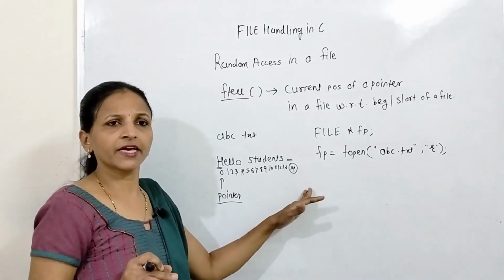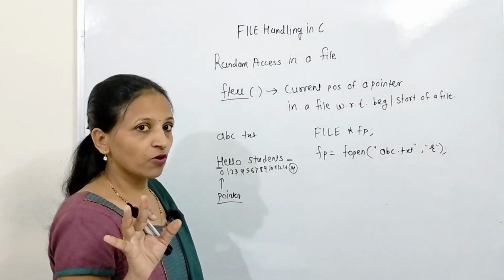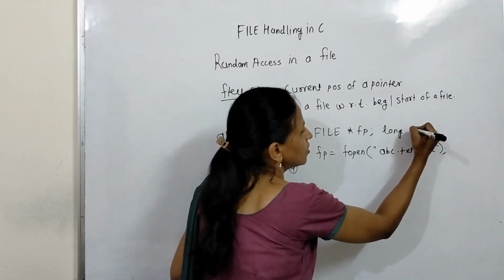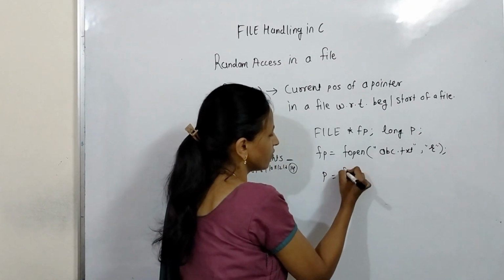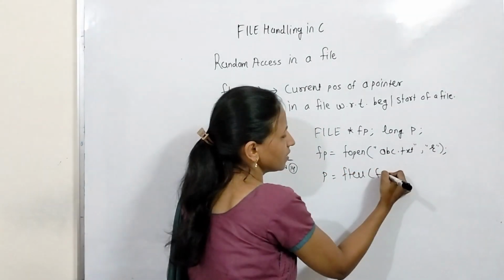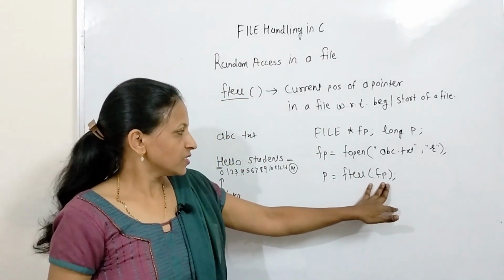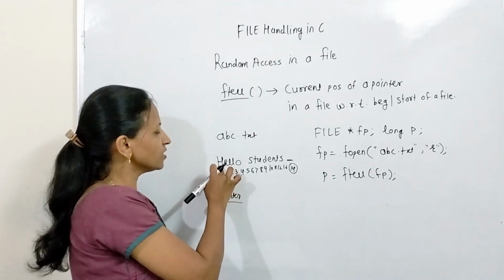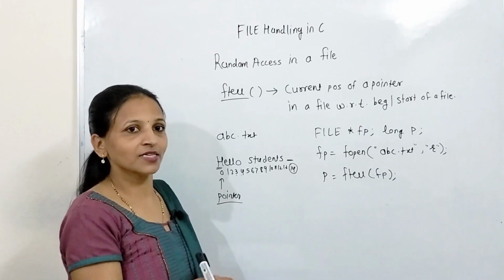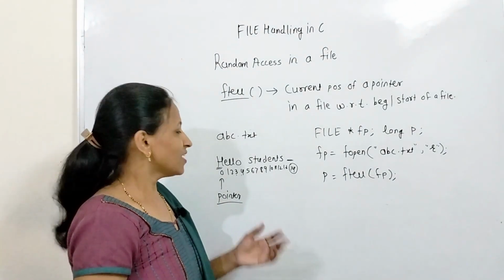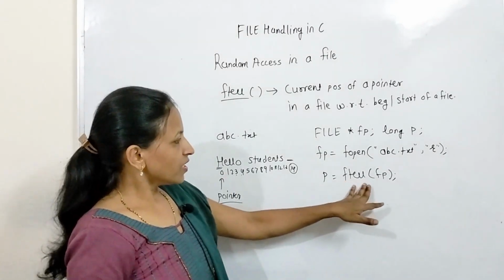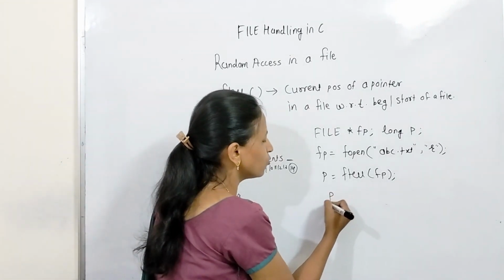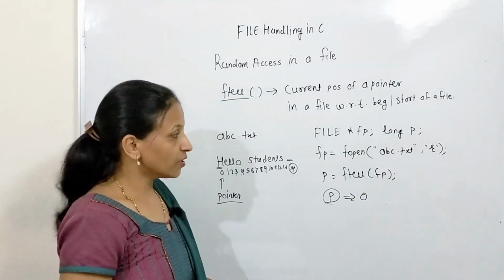You can read character by character or string by string. Here I want to call that ftell function now. There is one long integer, let long p. Now here I am calling p equals ftell fp. If we call it like this, then inside p we will get 0. With respect to the beginning it is at the 0th place, because currently the file pointer is at the 0th place. That means it will return the index. Now the ftell function will of course give you value 0. If you print the value of p, you will get 0 if you have opened that file in read mode.